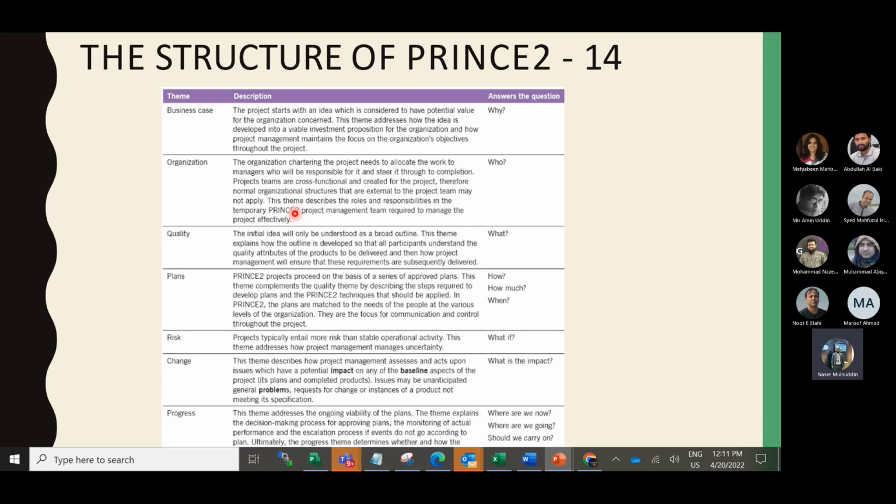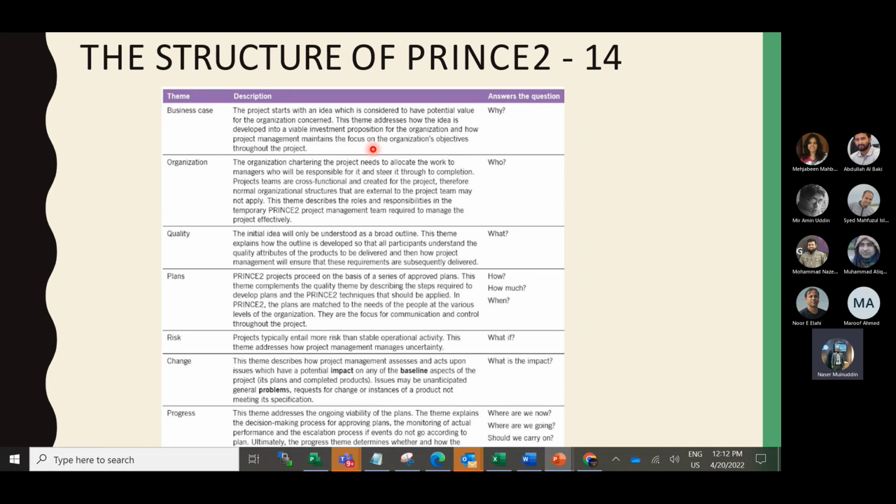Now we know the 7 themes we mentioned earlier, and just as a guideline for each of the themes, like business case: the project starts with an idea which might have potential value to the organization concerned. Then the theme addresses how the idea is developed into a viable investment proposition to the organization, and how project management maintains the focus on the organization's objectives throughout the project.